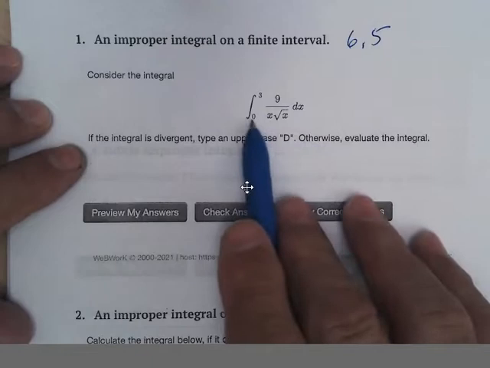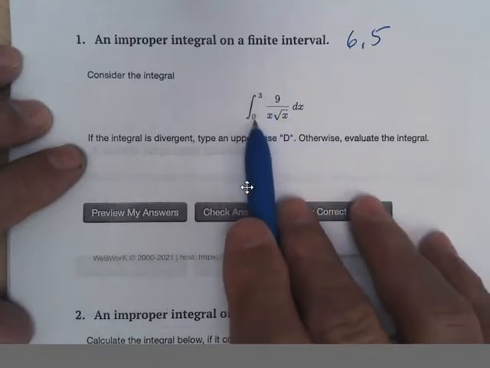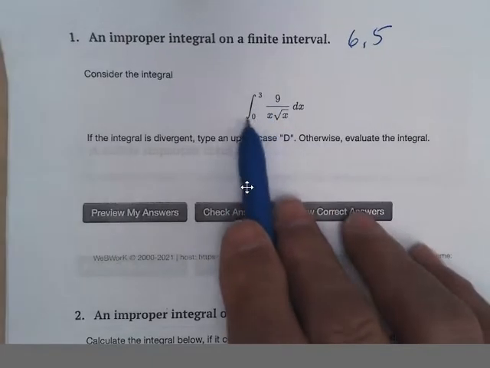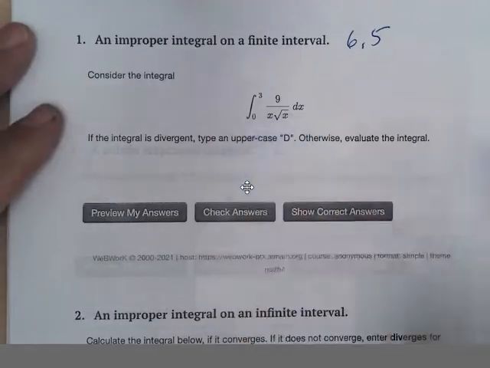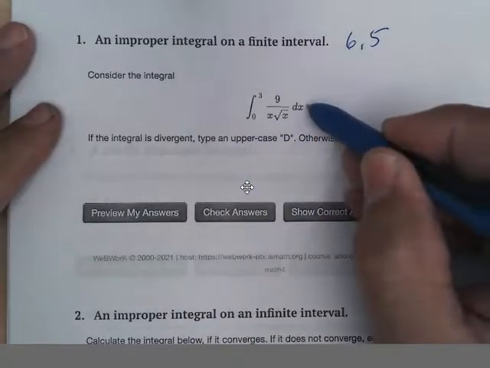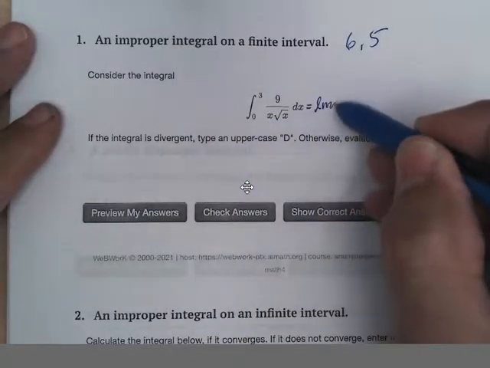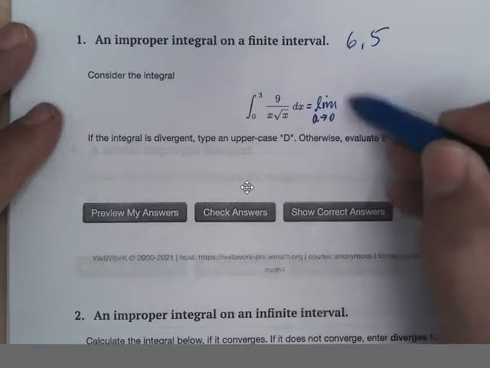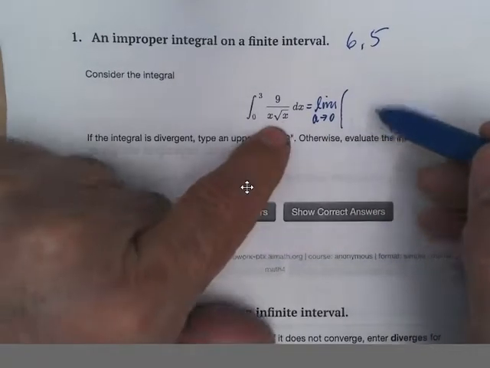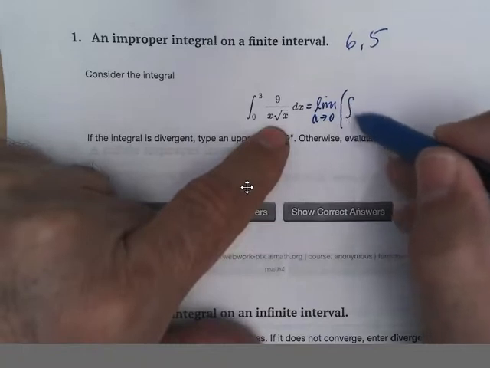So we're going to see what is the problem child. Is it 0 or 3? Well, if we put 0 in here, we get division by 0. And so that's the problem child. So we change it to the limit as a approaches 0 and do the calculus on this, the integral from